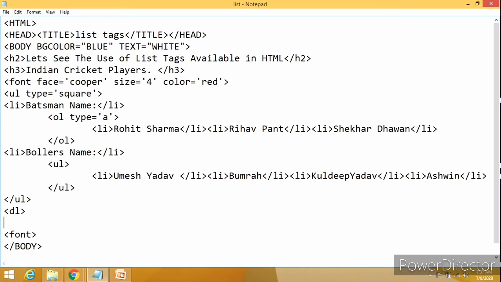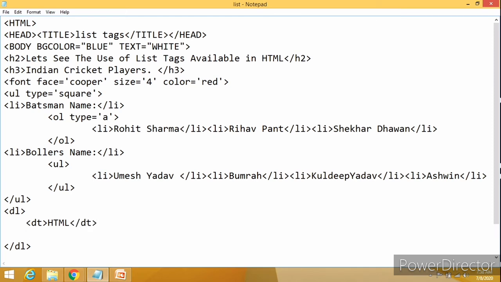For the DL tag I have to close this DL as it is a container tag, and in between I have to use two tags over here. What are the two tags? The DT, data term. I have used HTML, and I have to close this DT.